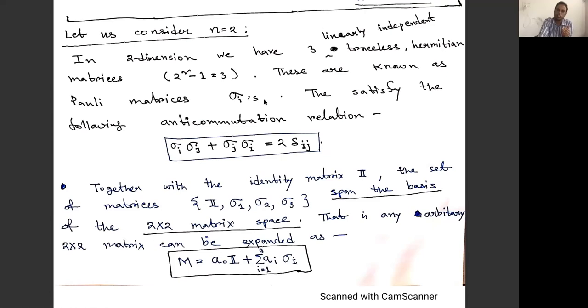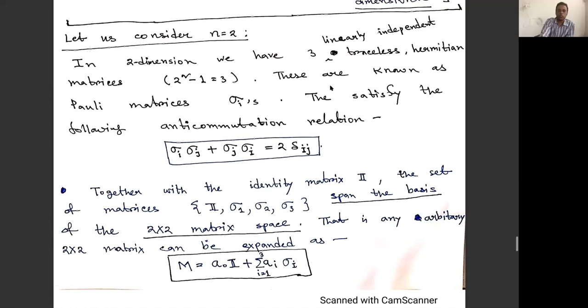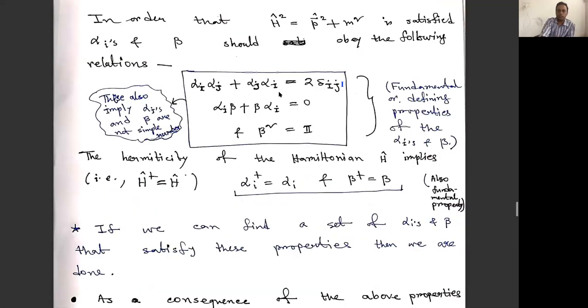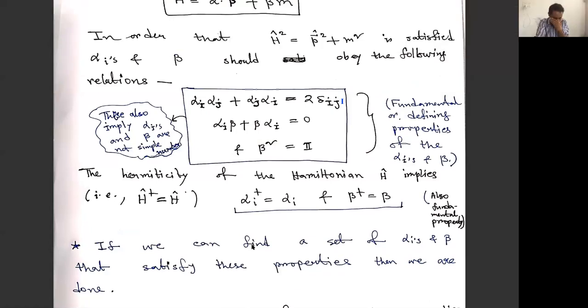Hello. This is similar to this. Think of these alpha i's as basically the sigma i's. Sir, may you please repeat? You are not audible. Your voice faded in and out, your last statement. Because of the network, I got the message that the network is poor. What I'm saying,